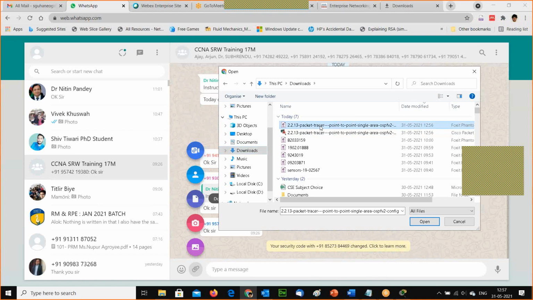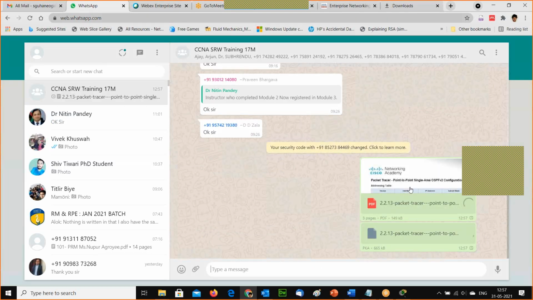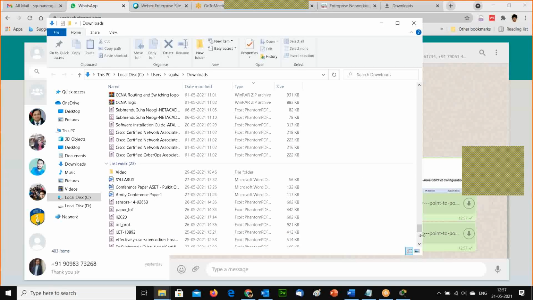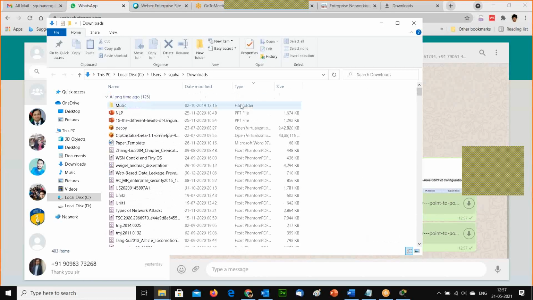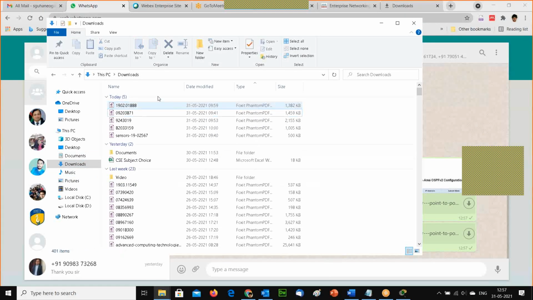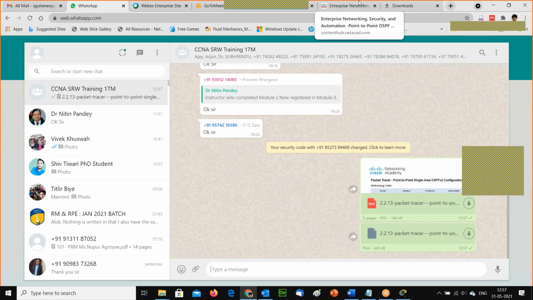I would request all of you to go and practice these two files I have added. This is the guideline, and it will help you. These two files I have sent you on WhatsApp, so please go and check them.